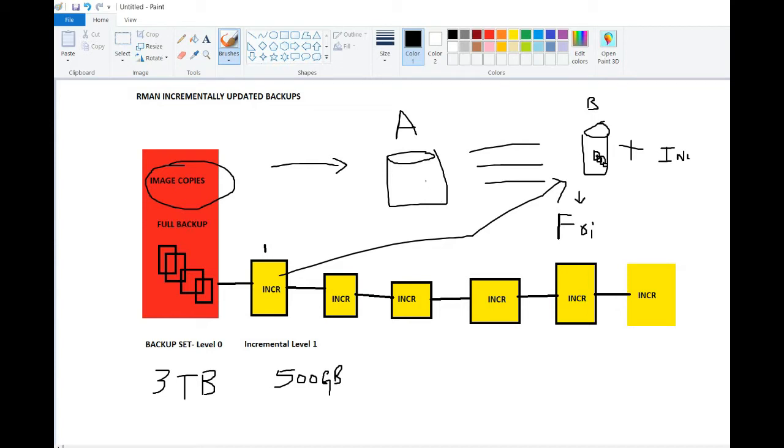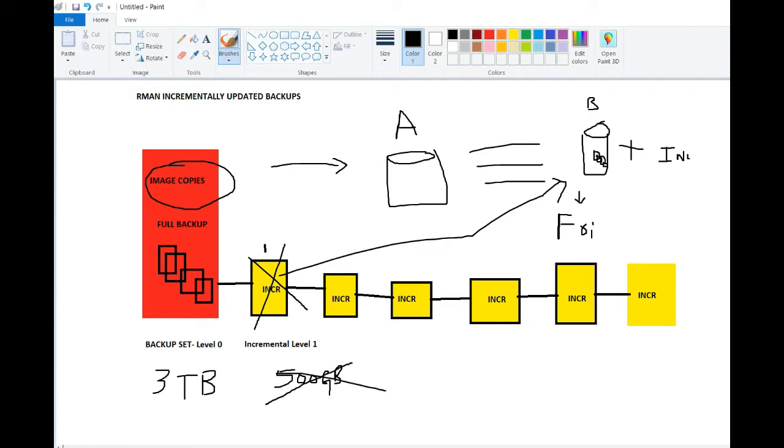Now if you want to switch the database files to the copy, you can just point it to B, which will now contain even the latest changes which had occurred on Monday. So whatever changes this incremental backup has are already present in your data files. Okay, so with this concept, once you apply the changes to the image copies, the incremental backup is no longer required. So this will also save your storage free space. So you will have a lot of free space instead of these incremental backups, so 500 GB.